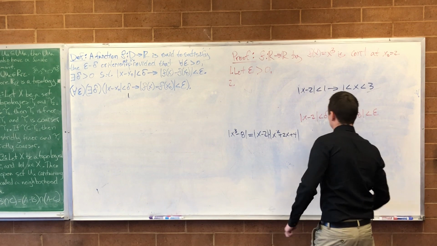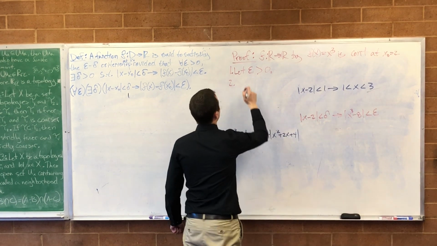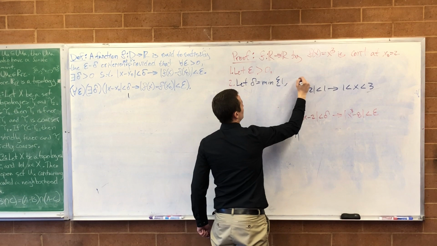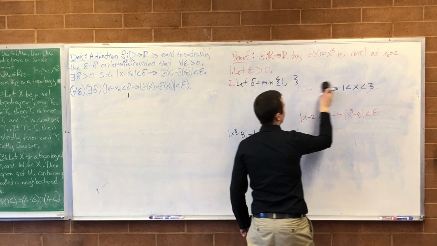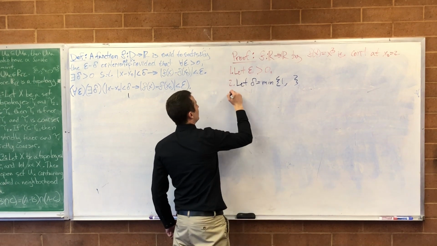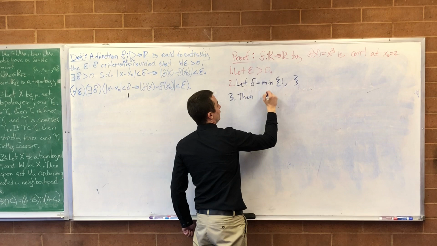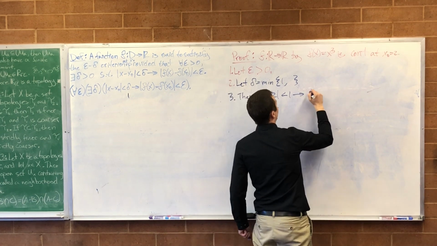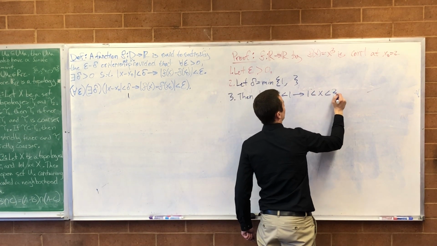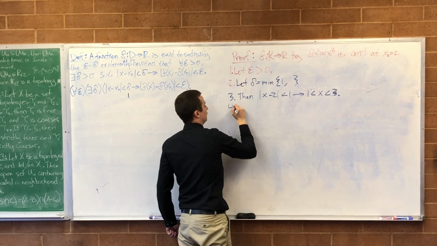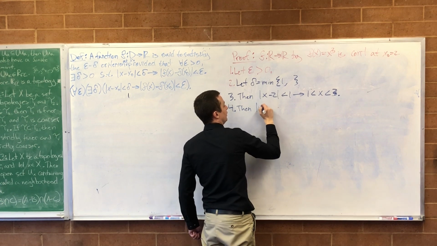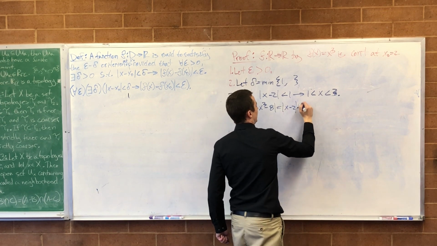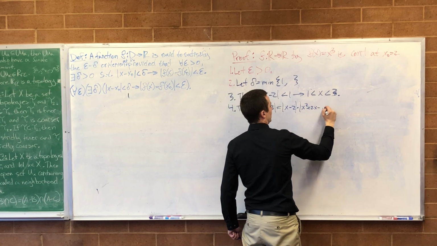If I already know, let delta equal the minimum of 1 and something to be stated later. Maybe we'll just keep filling in the proof and you'll see it. Then we know that x minus 2 is going to be less than 1, which gives me that 1 is less than x is less than 3. So then x cubed minus 8 is equal to x minus 2 times x squared plus 2x plus 4,